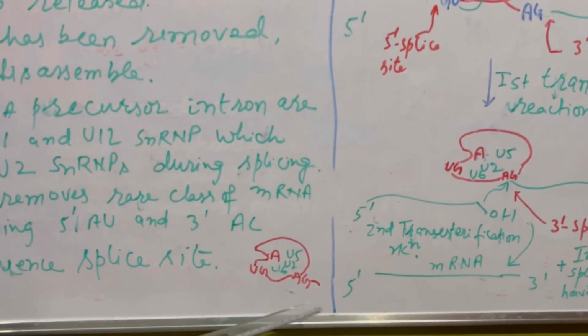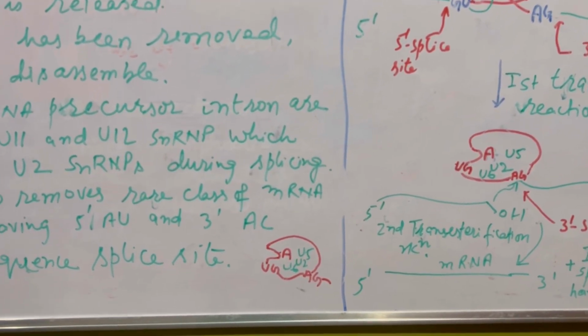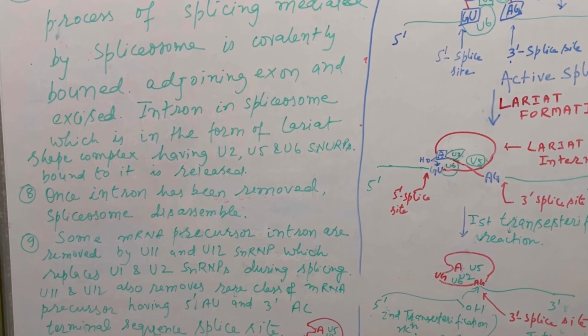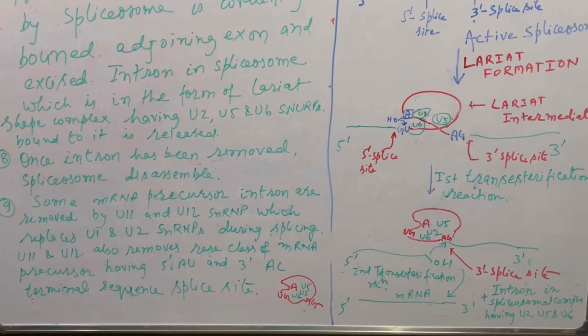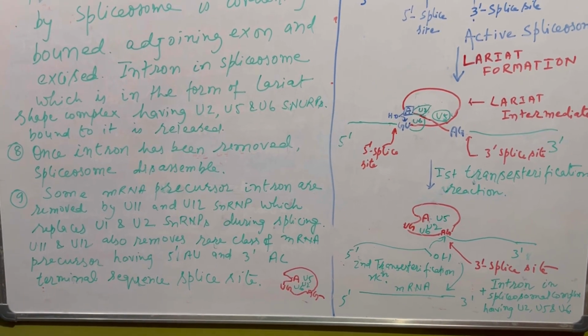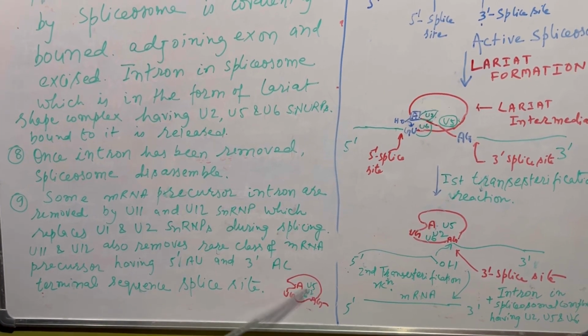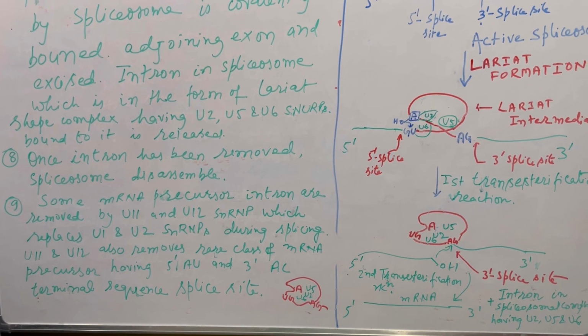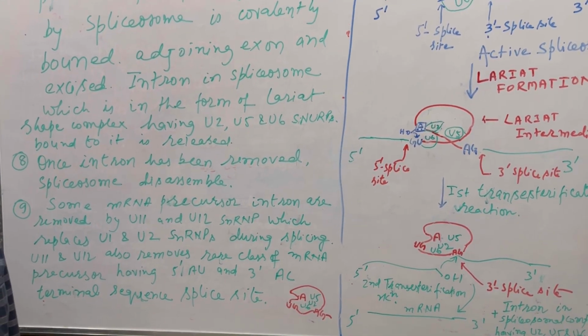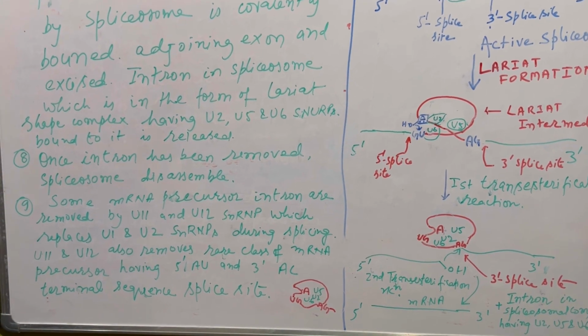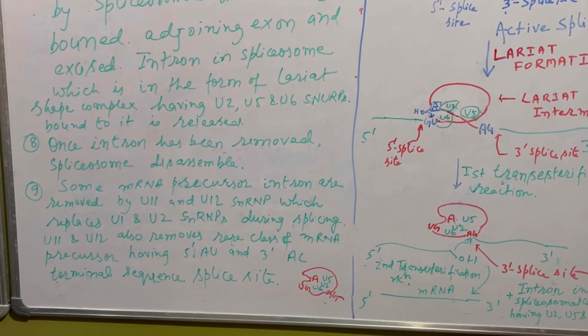So once the intron has been removed, the spliceosome will disassemble, and obviously its components will be released in the nucleus, that is your U2, U5 and U6 snRNPs. Now it has been found in some rare mRNA